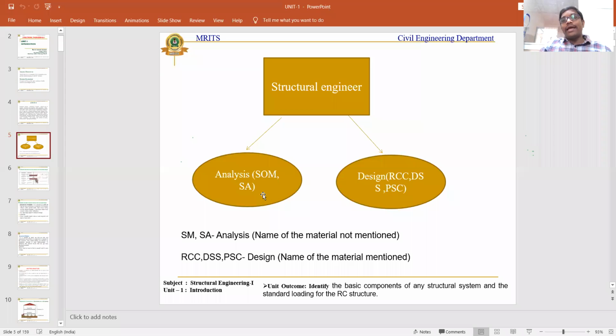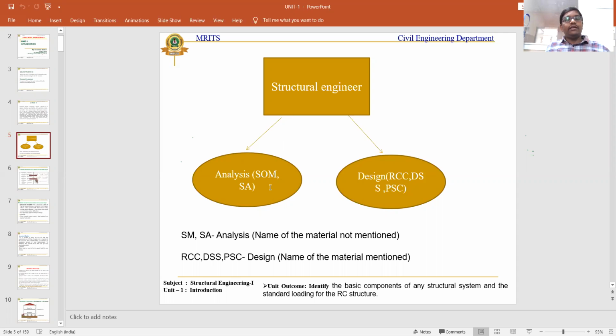If you are going to apply the same load, you need not refer to the code book again. If not, you need to refer to the code book again for designing the second floor. If you are going to design a residential building, what are the live loads and dead loads that you need to consider? And if you are going to design a commercial building, what are the live loads and dead loads that you need to consider from the code books of IS 875 part 1, part 2 and part 3. Okay, so a structural engineer will perform all these.